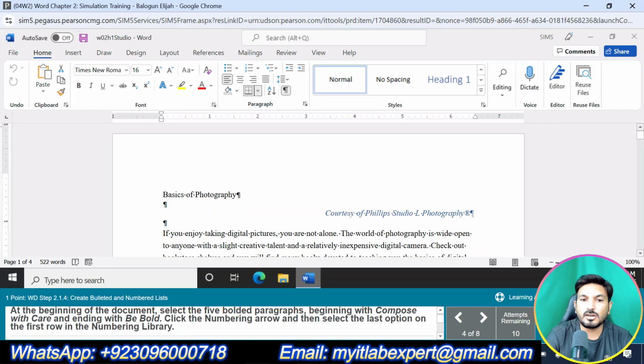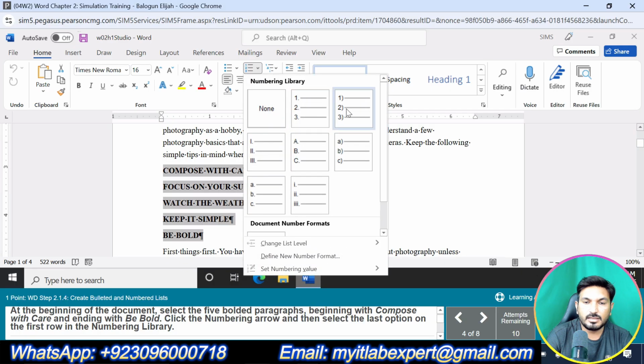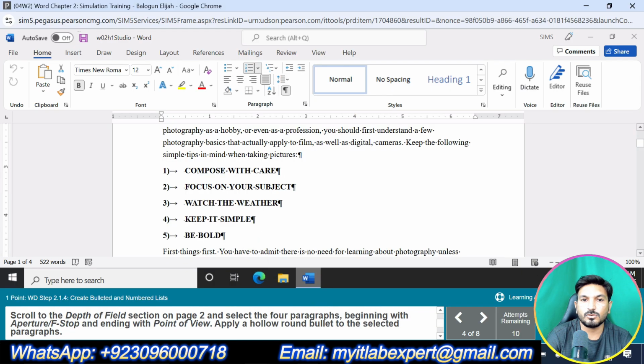At the beginning of the document, select the 5 bolded paragraphs. These ones. So we are supposed to select these 5. Click the numbering arrow and then select the last option on the first row in the numbering library. Go to Numbering, this one, the last option in the first row.